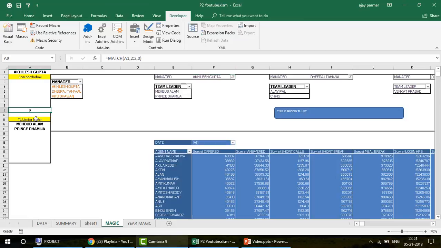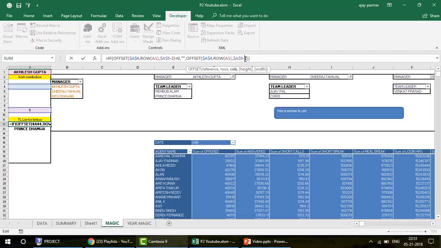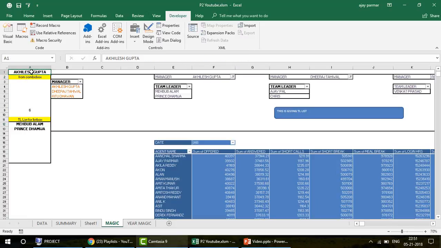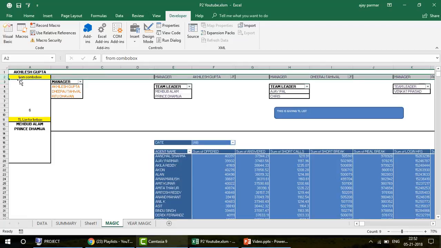So that is the reason you find here that I'm saying A9 minus 2, right? You can twist and adjust this according to your setup, what you think. You can do all these tweakings, but I'm just explaining how I did that. The idea is we are just going to capture whatever comes here from the combo box, and we will find that person in this row number, and through that we are capturing the column number. If I go and select Dheeraj Tahiwal, for example,